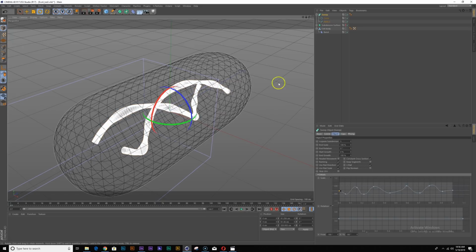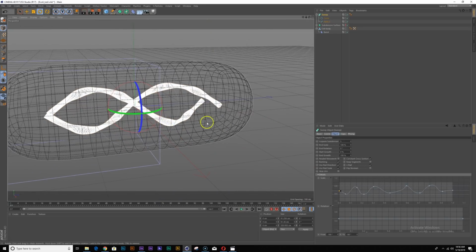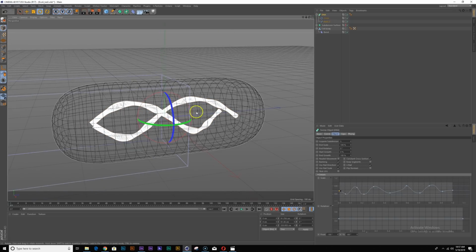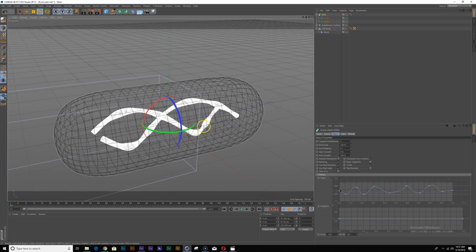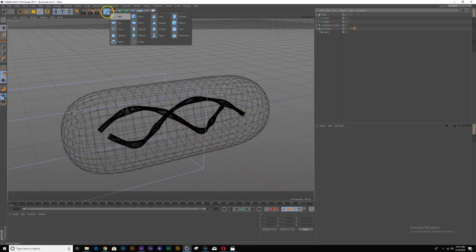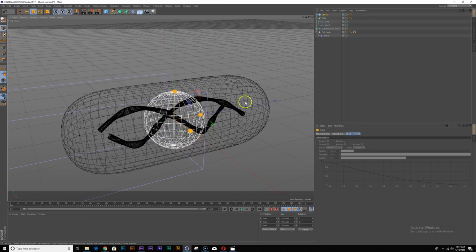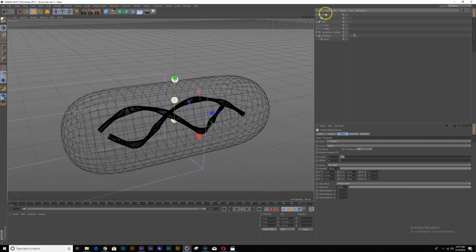So in addition to this helix, or let's call it our DNA, let's add some floating organelle stuff. So to do that, let's create a sphere and scale this down, and drop this into a cloner object.